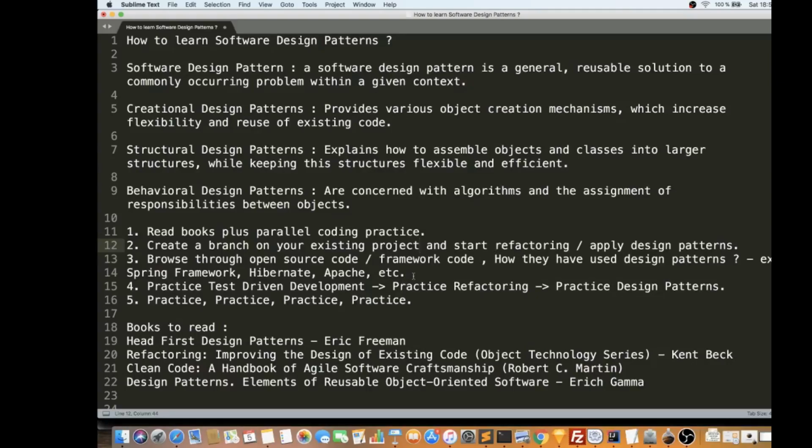Then the third tip would be to browse through the open source code or framework code. I used to do this for the Spring framework. I downloaded the Spring framework code. I used to check what design principles or patterns they have applied in Hibernate, Apache, any open source framework, because these frameworks are really written by great developers and a great team. So I believe this is a really good opportunity to check that code, to learn more